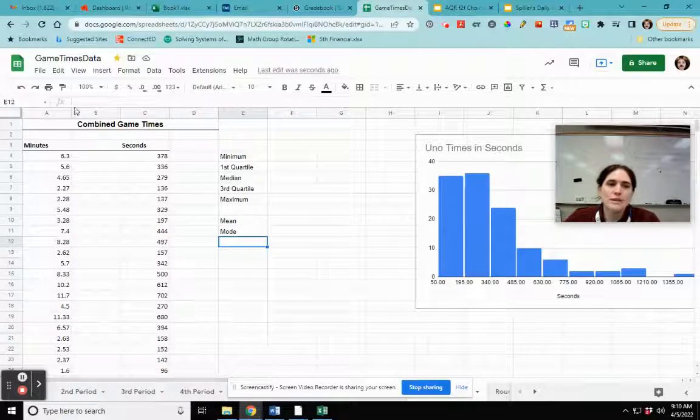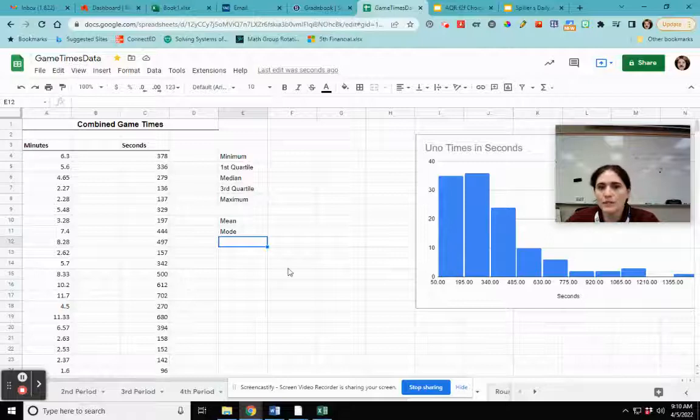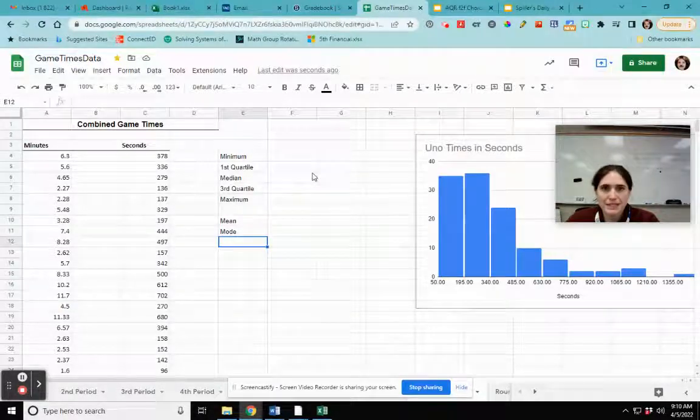Okay, so I'm in Google Sheets, but this is going to work the same way for Excel. I just wanted to walk you through some of the statistics calculations that we could do here. Now, Excel and Sheets both have a ton of formulas for statistics. But a lot of the ones that we use for our class, since it's a basic class,